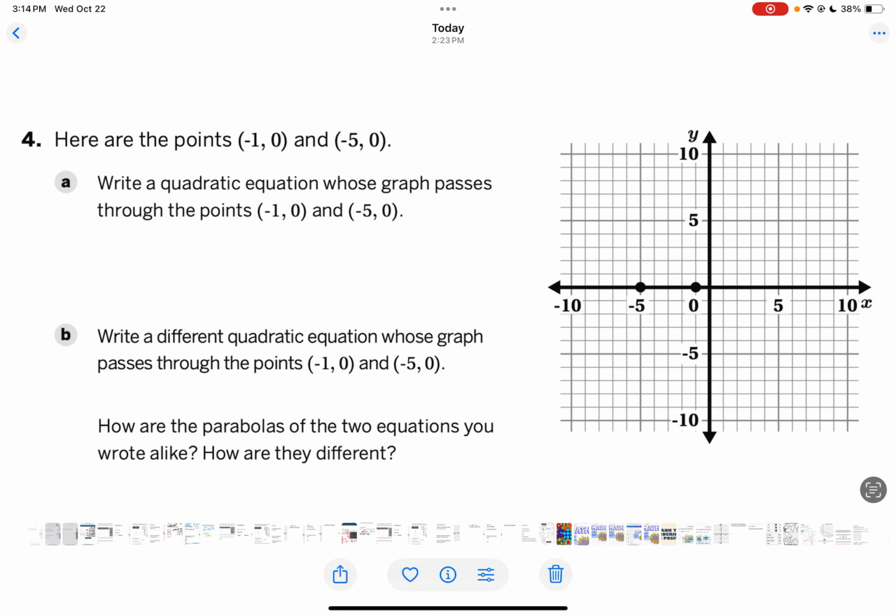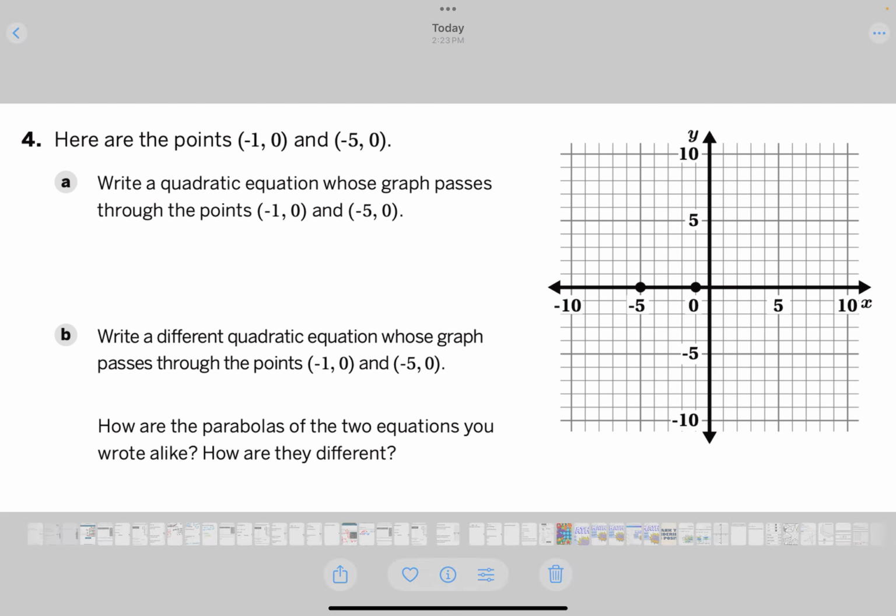It says here are the points -1, 0 and -5, 0. Write a quadratic equation whose graph passes through the points -1, 0 and -5, 0. These are our x-intercepts. So when we're setting this up, we can call this maybe f of x